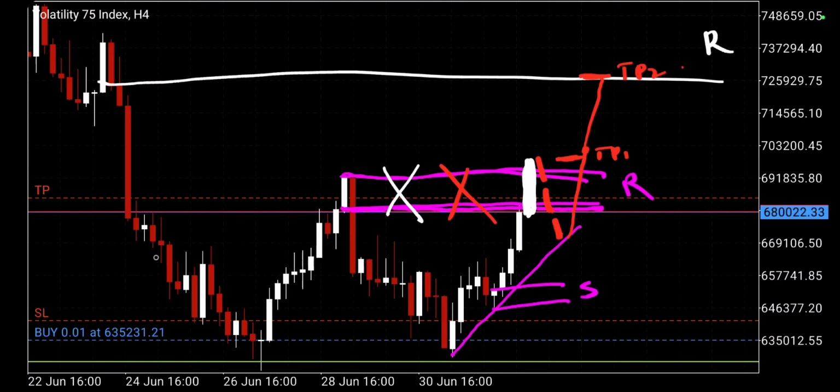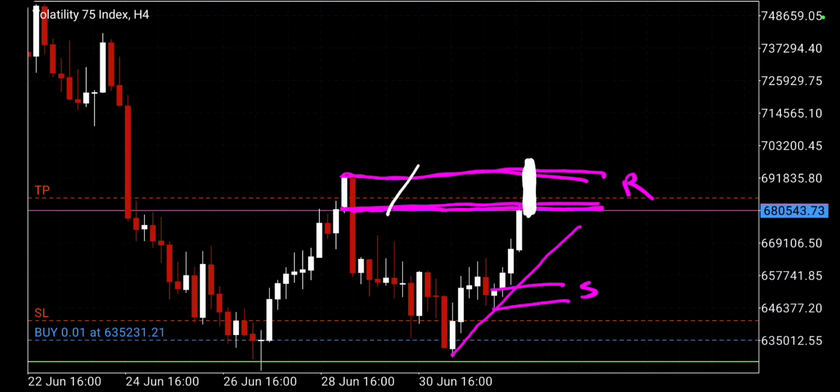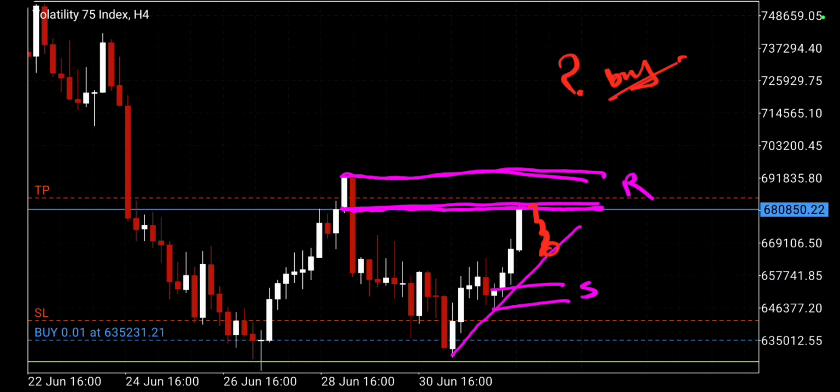Or if now, let's say, the price comes down, but it doesn't break that area of resistance. Let's say it touches the area of resistance like that, and then it starts coming down, and it hits the trend line. Now my question is, are we still going to look for buying opportunities, or are we now scared because the price is bouncing from the resistance area? My answer is, I will still look to buy. I'll still look to buy with confirmation. I wait for pin bars, and then I can put all of this. I can't trade what? I can't trade a